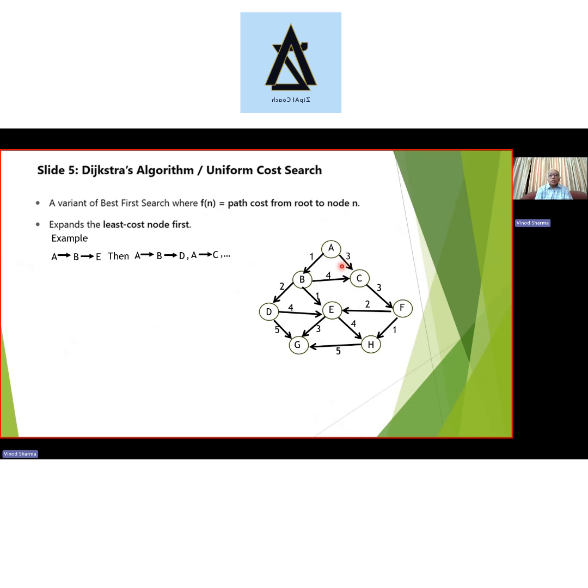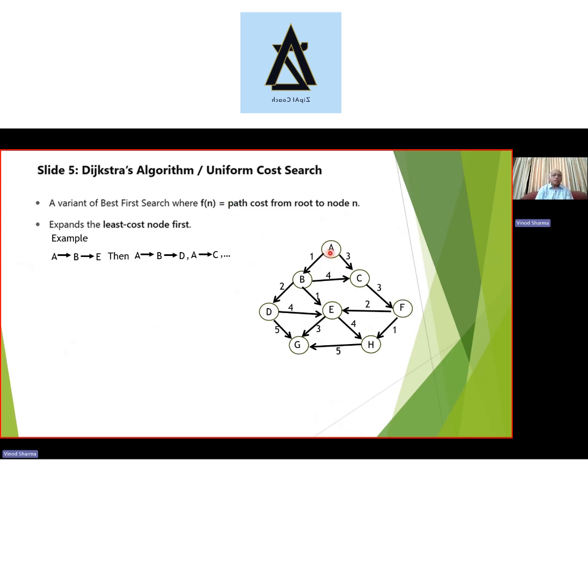Here the path cost will be 3 plus 3 plus 2, 8. So these are the only two paths to go from A to E, and we have to pick the least cost. So this path. So from A to E, the path cost of E is 2. So in this algorithm, you start from root node and then go first to the node which has least cost